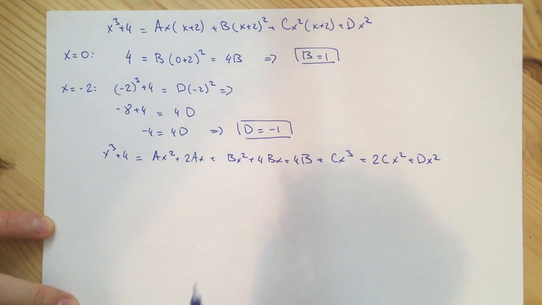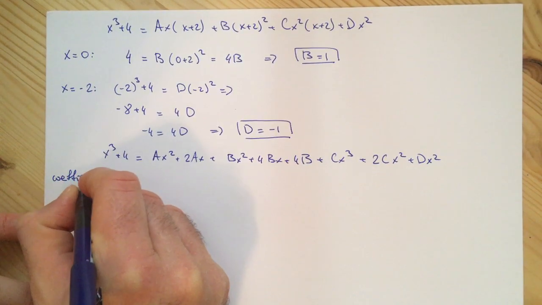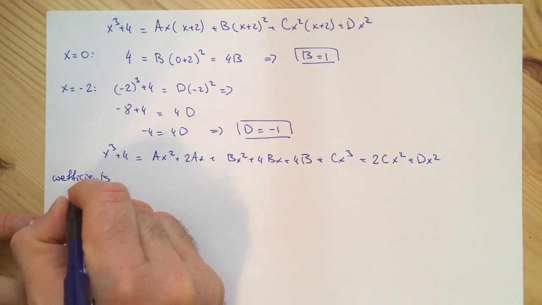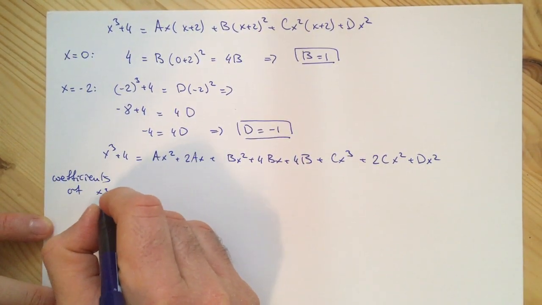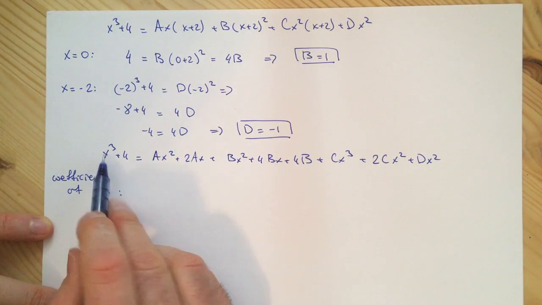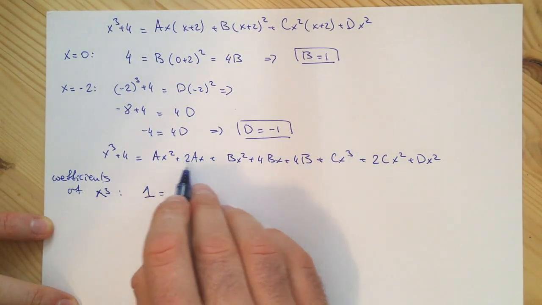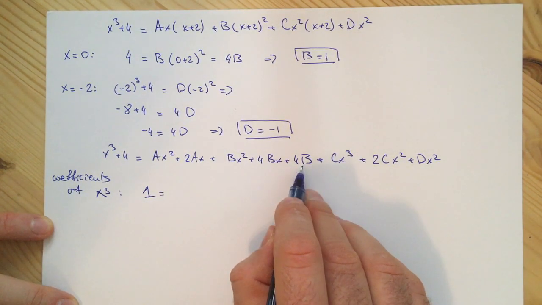But even without doing that, the coefficients of x cubed are what? On the left hand side I have 1 times x cubed, so that means 1 is equal to, what are the constants multiplying x cubed on this side? Well, that's